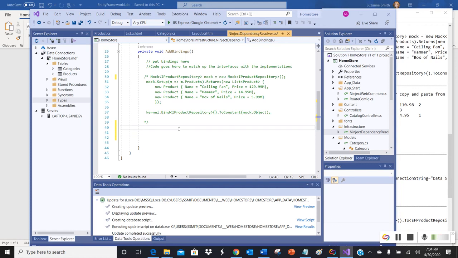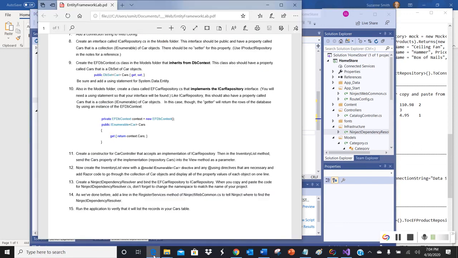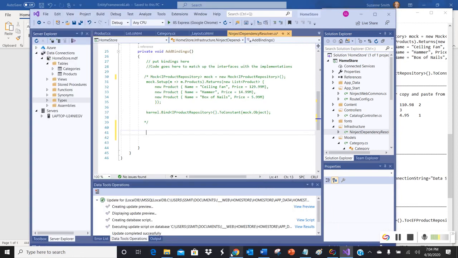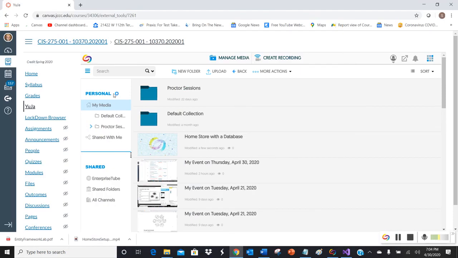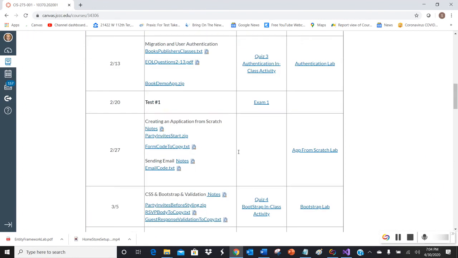And here's the big question now: what are we going to put in here? We need to have an inject say what we should be using for this IProductRepository. Okay, so at this point, let me show you this document that I have out there on Canvas. Oh, that's not it. I thought I had it up here for you. Let me go here and find it. It's called